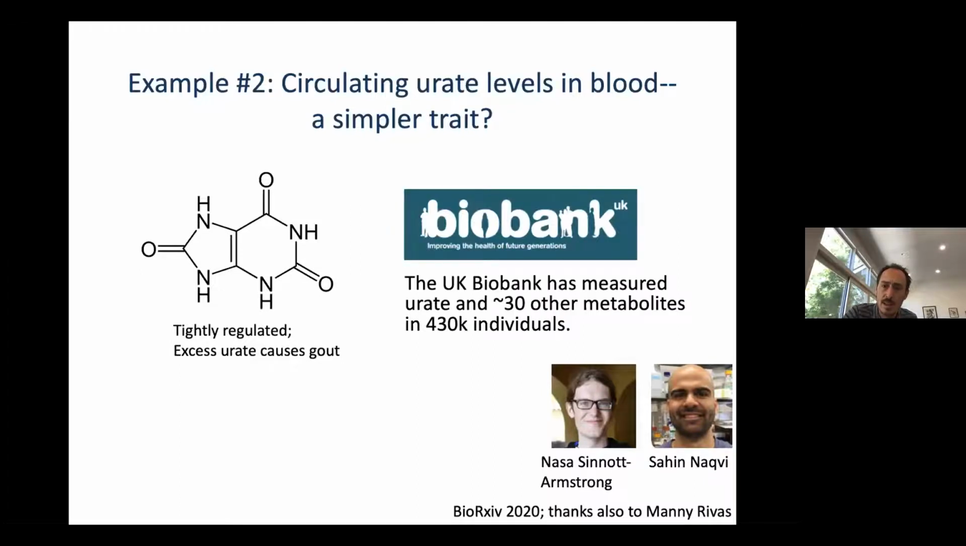There's a great deal of data in the UK Biobank for urate. They've measured urate as well as about 30 other metabolites in 430,000 individuals. And what I'm going to be talking about today is the GWAS for urate in the quote-unquote white British subset of the UK Biobank. And I should say that all of this work has been led by two people in my lab, Nasa Sinnott-Armstrong, who's an amazingly talented graduate student, and Sahin Naqvi, who's a postdoc who's also done